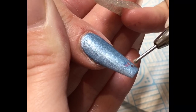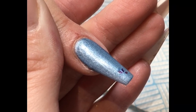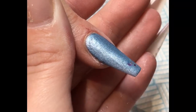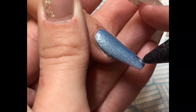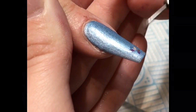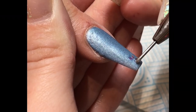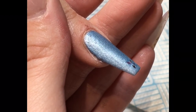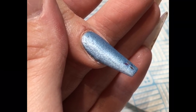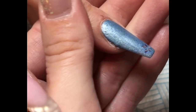So I'm just placing these on in sort of a snowflake kind of design. I'm placing them on really carefully. So picking up my katana, placing them into a wet layer of acrylic, and then just turning my katana around and using that very end just to push them into place. So it is a little bit time consuming and a little bit fiddly,